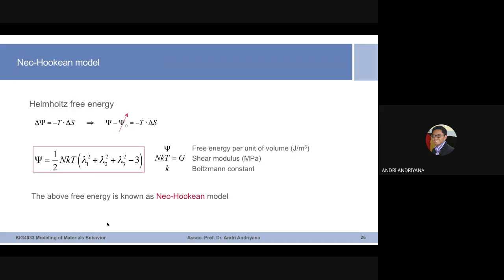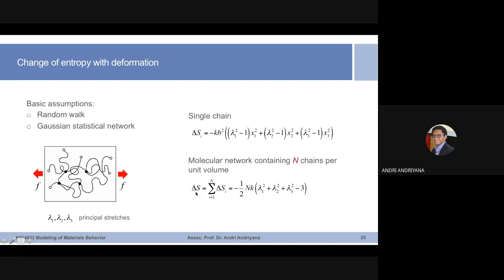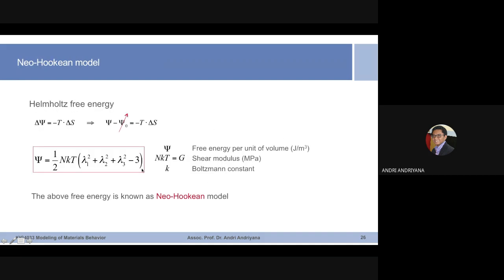So looking at the expression of Helmholtz free energy, delta psi equals minus T delta S. Delta psi is psi minus the initial psi, which we set to 0 as a reference, so initial energy equals 0, minus T delta S. If we insert the expressions of delta S from the previous slide here, then we come up to